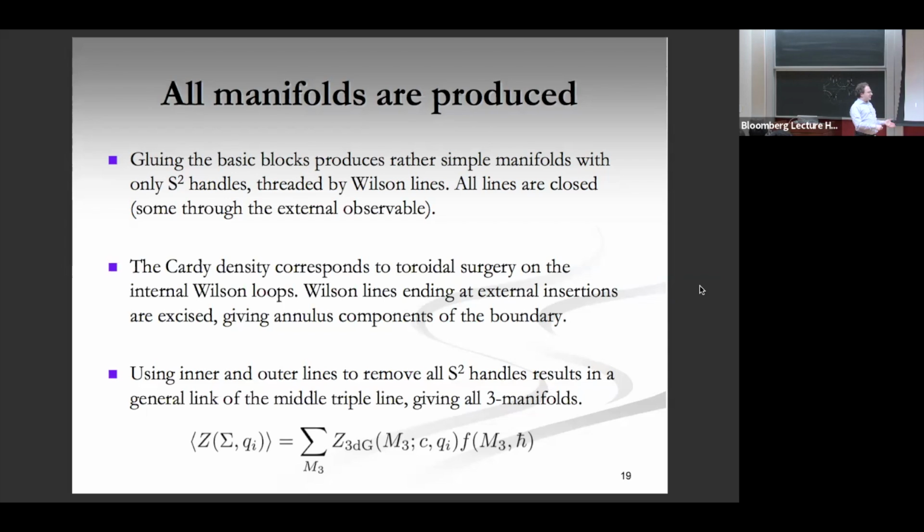Then the answer looks like a sum over three manifolds whose boundary is this Riemann surface of the 3D gravity partition function, which depends on c and the moduli, times some function of the manifold and ħ. So the approximate CFT story is just to take this function to be the one for finite ħ. But it's exactly the same sum over three manifolds. So it's completely decoupled, these two pieces. I mean, they're coupled by the sum over three manifolds, but term by term, they're decoupled, right? Right. So you're going to change the weight separately. Right. So the approximate CFT story will change the relative weight of the three manifolds.